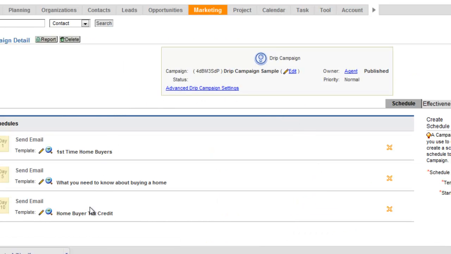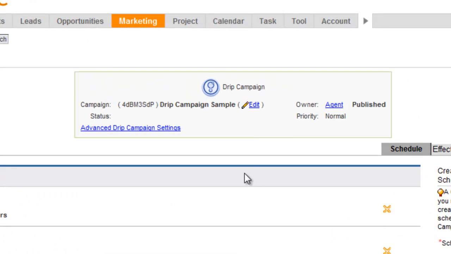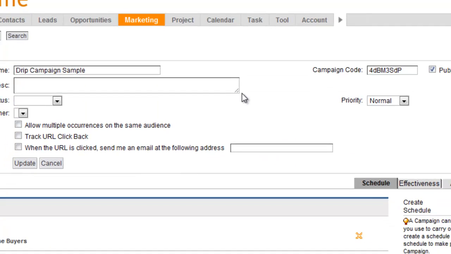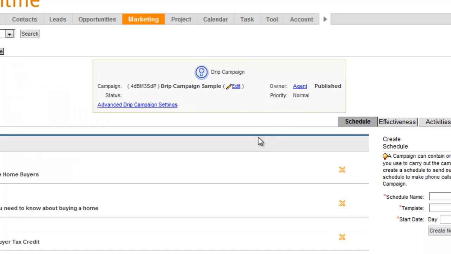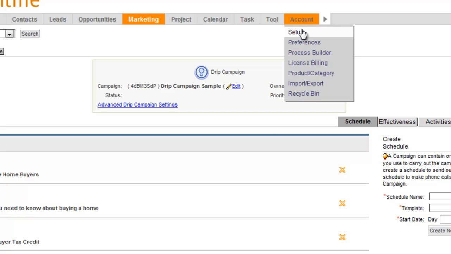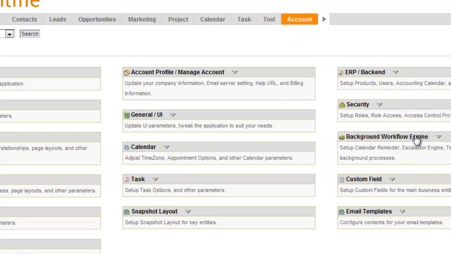So you build your drip campaign. One thing that people sometimes get caught up on is you have to make sure your drip campaign is published. If you don't see published and you don't check that box, then this drip campaign is not going to be available for use in your background workflow engine. Once you have those two things ready to go,